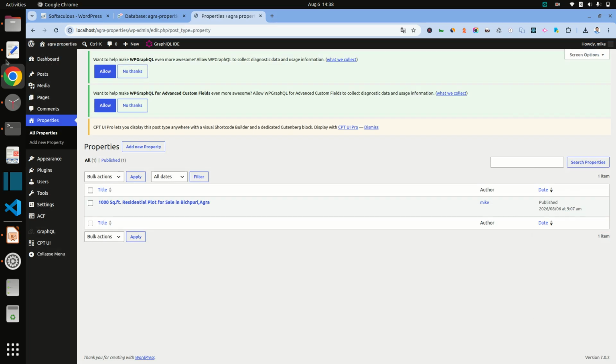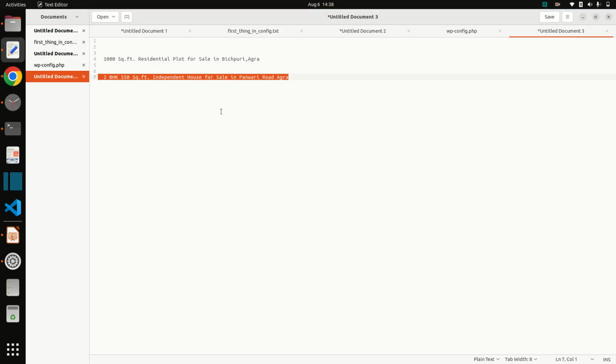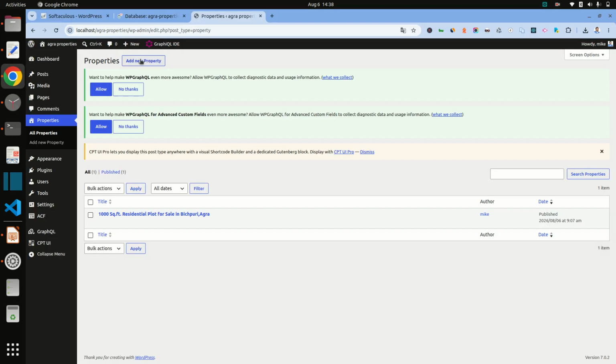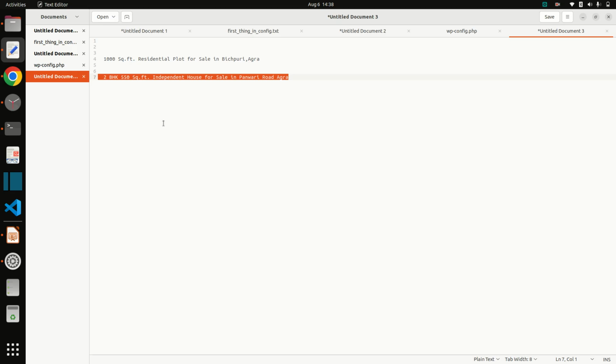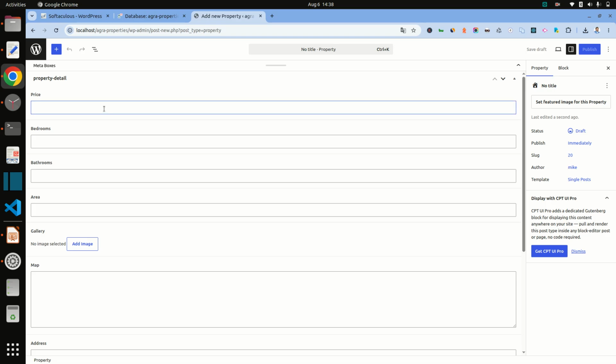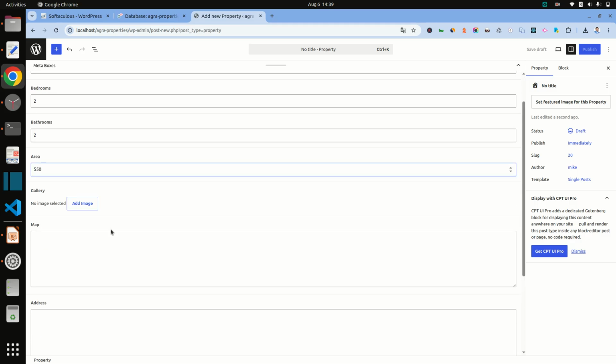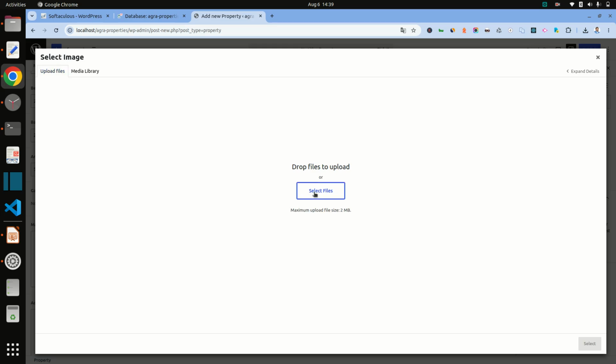Now adding second property so that we can move fast. It is 2 BHK 550 square feet independent house for sale in Panwari. So okay, price is like 7 lakh and 2 bedroom 2 bathroom, area 550 square feet, and we can add some image.